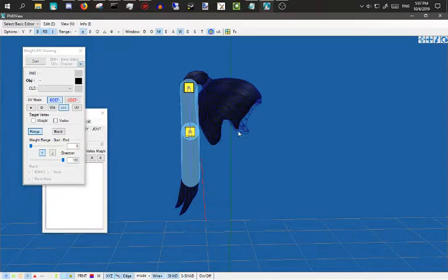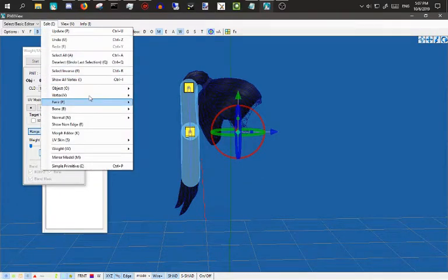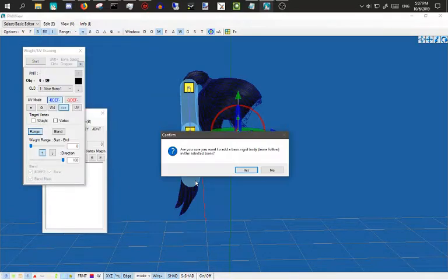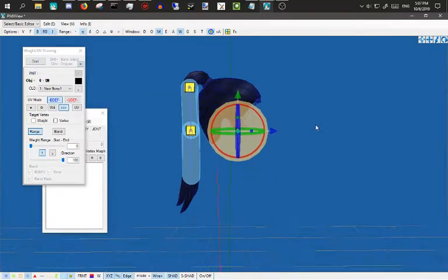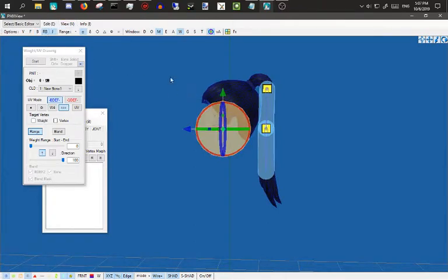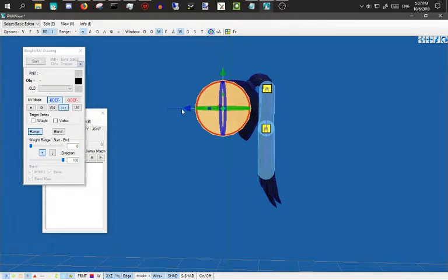And then from here, you click this bone, you go to bone, and then this time you just want to create a bone tracking rigid body. And obviously you're going to want to move it because otherwise it's going to be really hard to work with. Because if it's directly on the head, then...